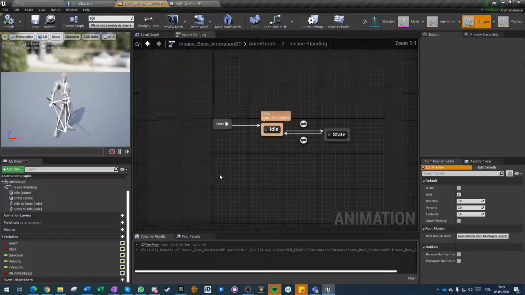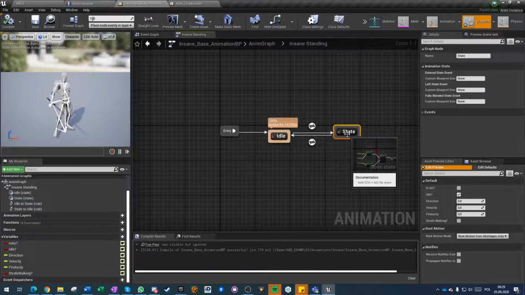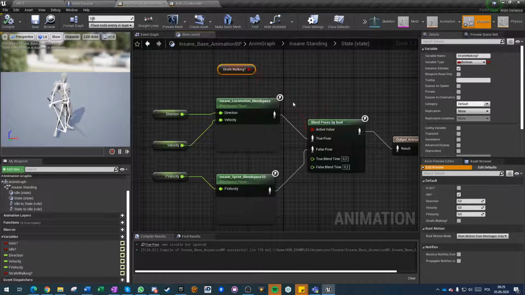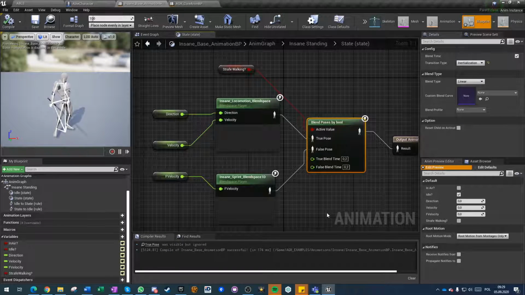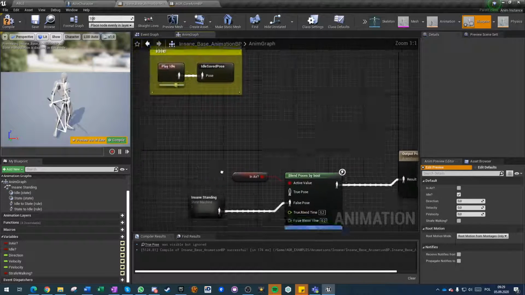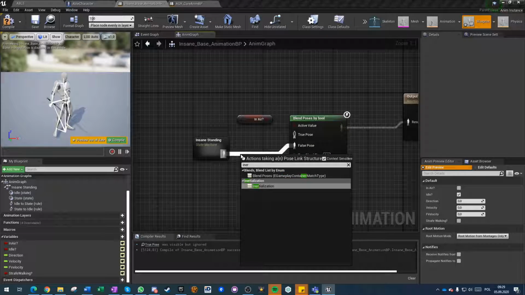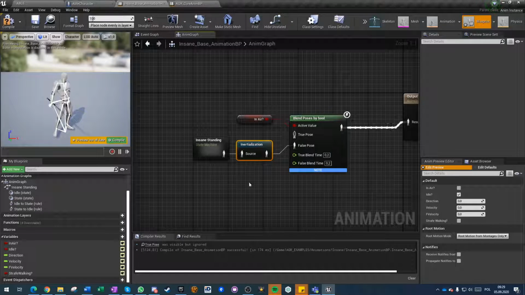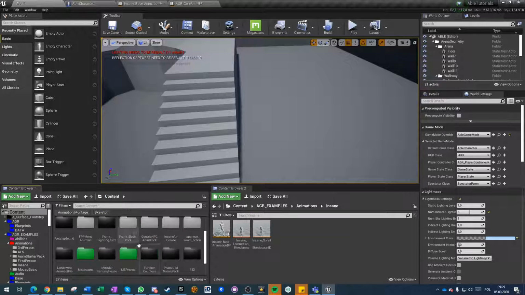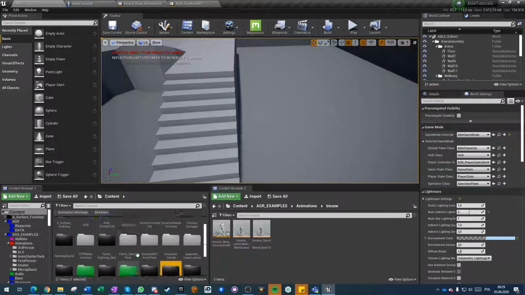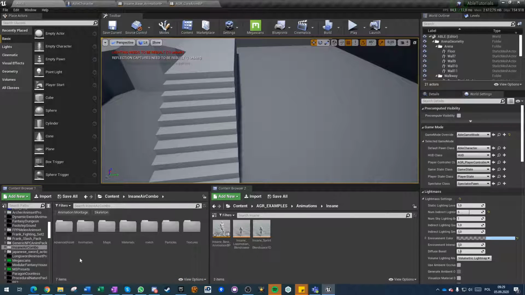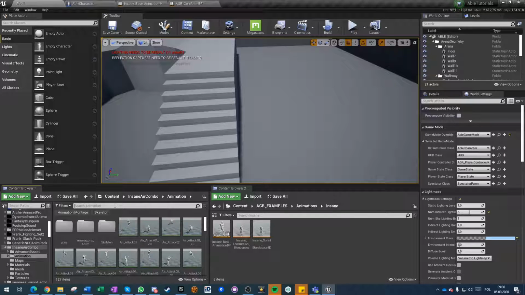subgraph, we have just two poses, and in this movement pose we have a blend poses by boolean, by strafe walking, and oh yeah, let's change it to inertialization. Okay, and we need also an in air pose. So let's go into insane air combo animations,